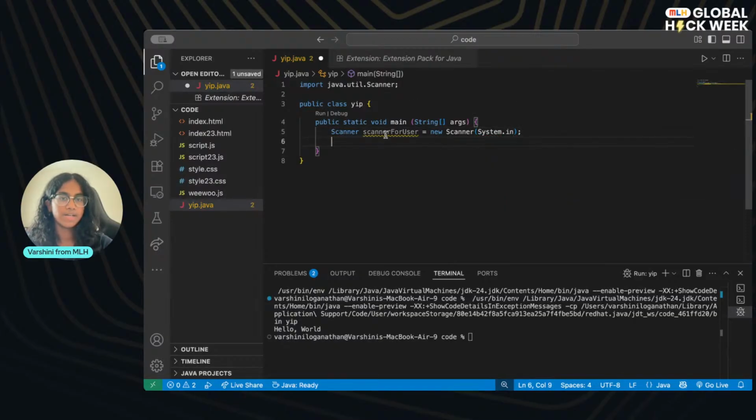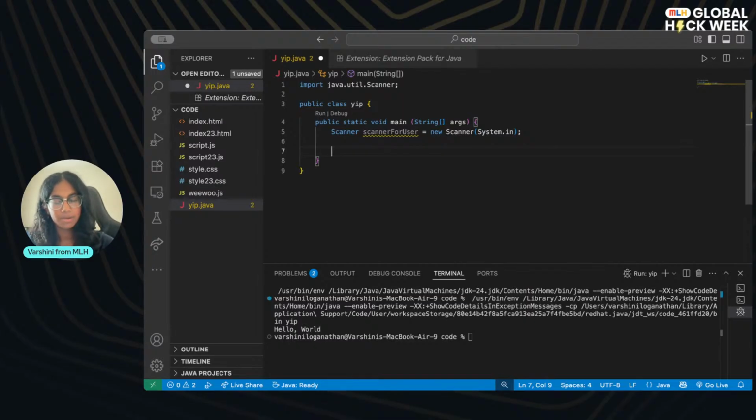So you might see a yellow line here. That's just because sometimes Java, or just VS Code in general, will give you yellow lines. And that's just because it's like, oh, you created it, but you haven't used it, but we're going to use it in a little bit. So just ignore the yellow line. The only time when you have to fix something is if you see a red line, then something's going wrong.